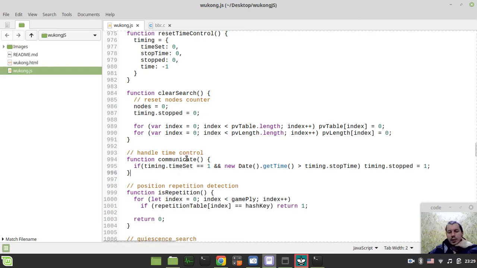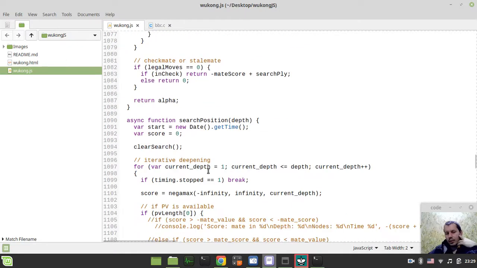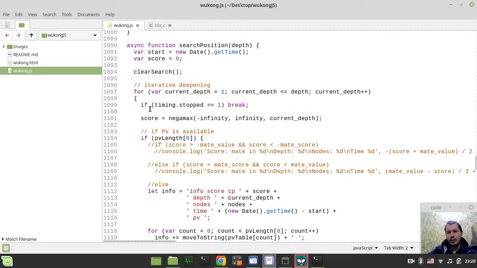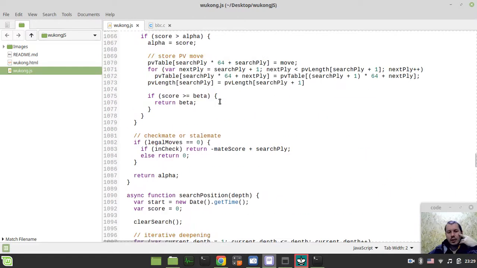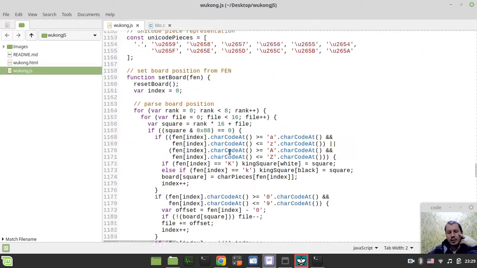Here again, if we have this mode for time control set to 1, which means true, we're in the time control territory, and then we're just comparing the current time in milliseconds with the stop time, the time when we actually need to drop the search. If it's more than that, then we make the stop flag equal to true, and as soon as the search gets here, oh no, sorry, it's not here. Here it just returns 0, and then within the iterative deepening,